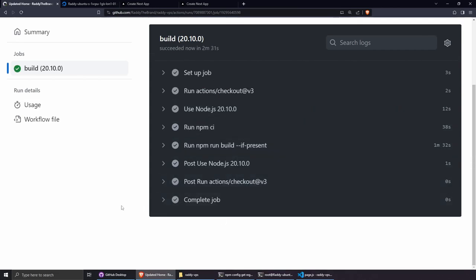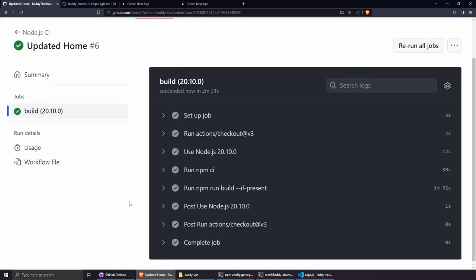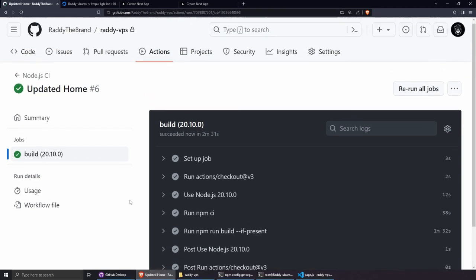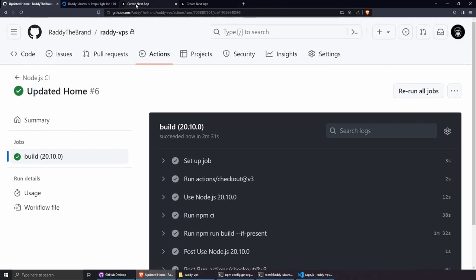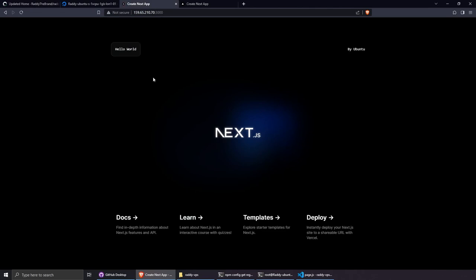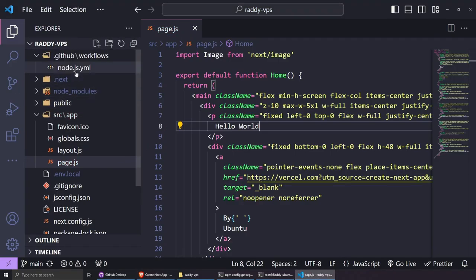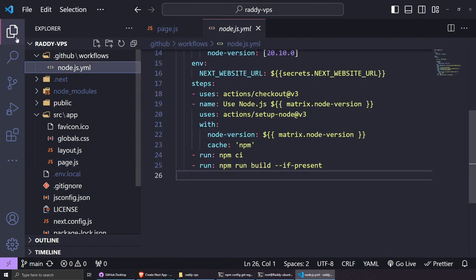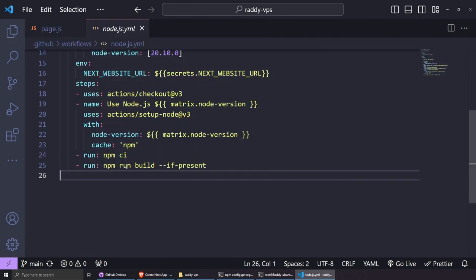Okay, perfect. Our second build was also completed. But now we need to change one more thing inside here. If I was to go to the project and refresh, you should be able to see that we're getting the latest changes, and this is the live website. Now, one thing that we do need to change here is inside our Node.js YAML file, where we have npm run build, we also want to add one more line, and this is so our PM2 process restarts or starts